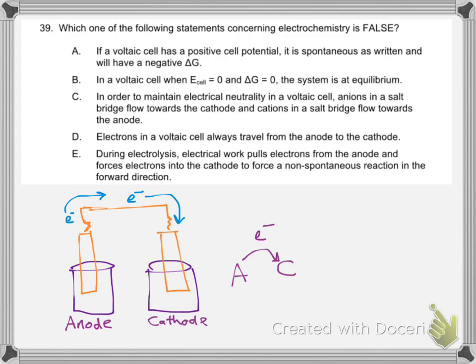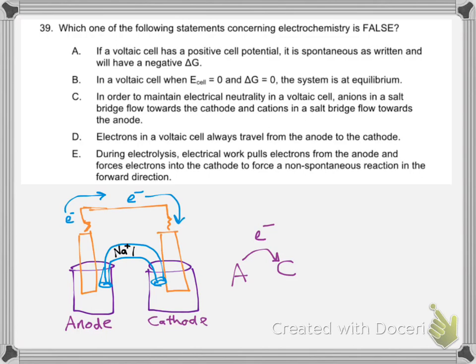Ordinarily, if you had the electron flow like this, a negative charge would build up in the cathode really quickly. And would electrons want to travel to a negatively charged solution? Well, no. So this would short circuit within milliseconds. So we need something to help keep things electrically neutral. Enter our friend, the salt bridge. I'm just going to use the classic salt bridge here of sodium nitrate,